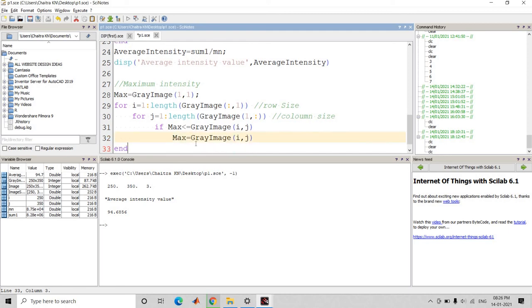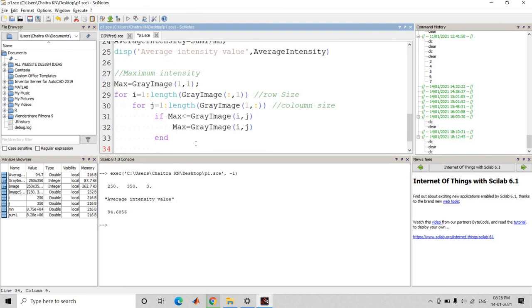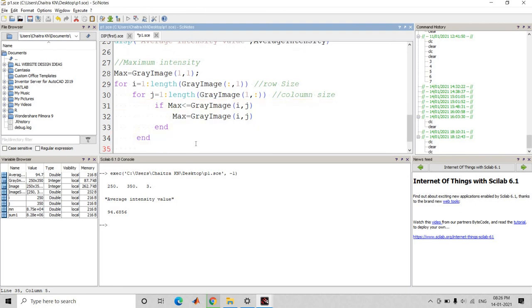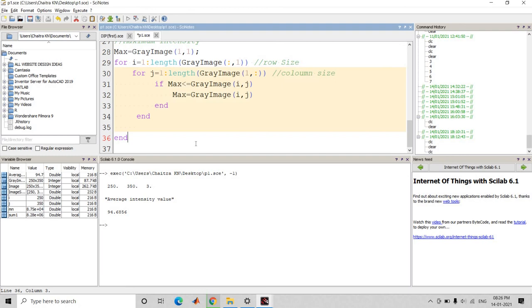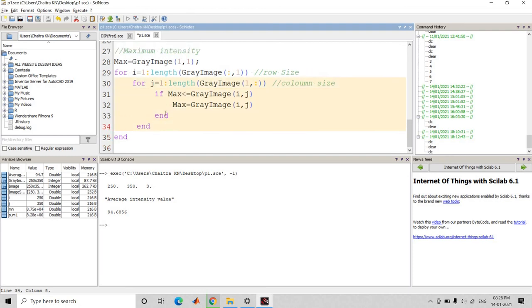So this is the condition to calculate the maximum element. You have to end the if statement here. Then again end the for loops, because we have opened two for loops and one if statement. So we have to end 3 times.